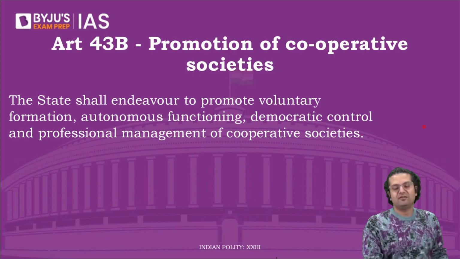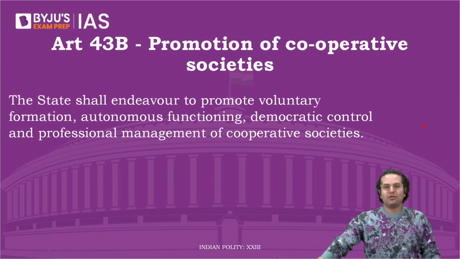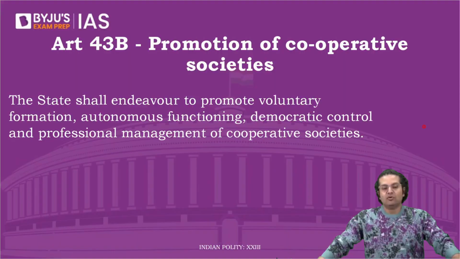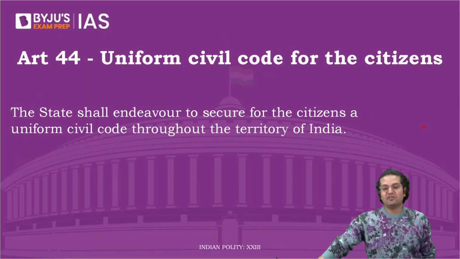The state shall strive to promote voluntary formation, autonomous functioning, democratic control, and the professional management of cooperative societies. Right? And then the only and by far the most important topic under DPSP, UCC, Uniform Civil Code for the